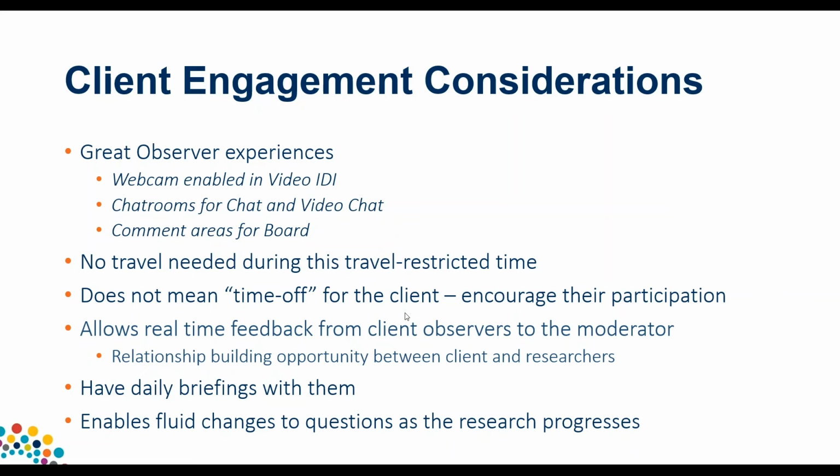So if you keep that client engaged and you start hearing different things based to geography, based to age, based to gender, product usage, whatever it might be, you no longer have to say, oh, geez, too bad I missed those people, because let's say you're in a board. You can go back in and you can ask that question.